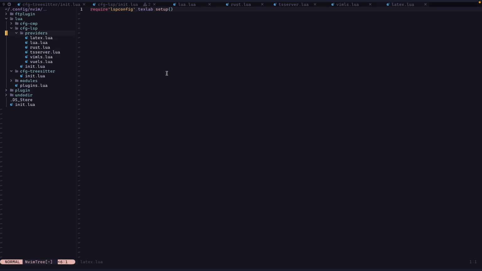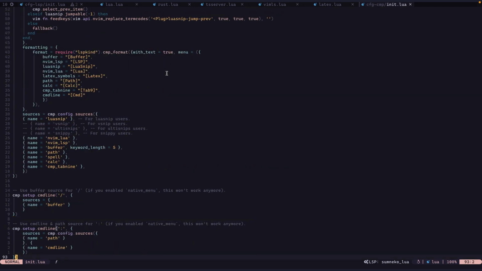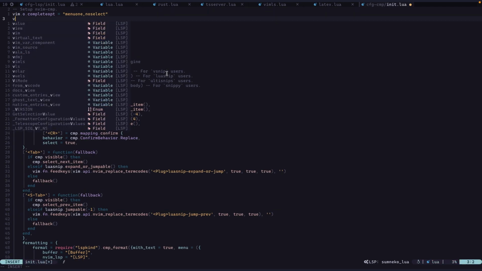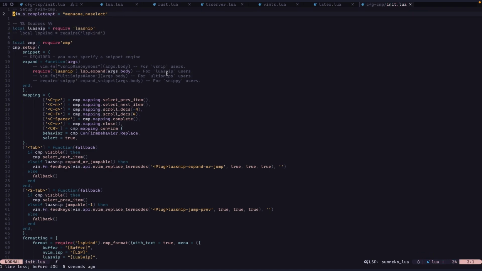And then it's the LSP comp. It's a plugin to provide me auto completion. I will not go into a lot of detail for now. I plan on doing an LSP video later, but in here I have everything that is specific to my auto completion stuff. For example, here I have auto completion. Everything that is here is provided by